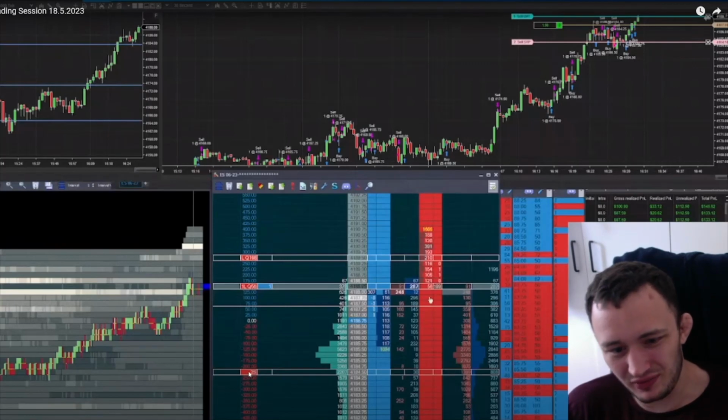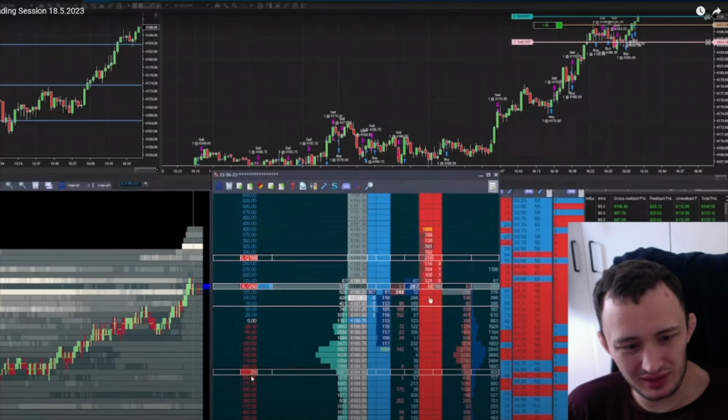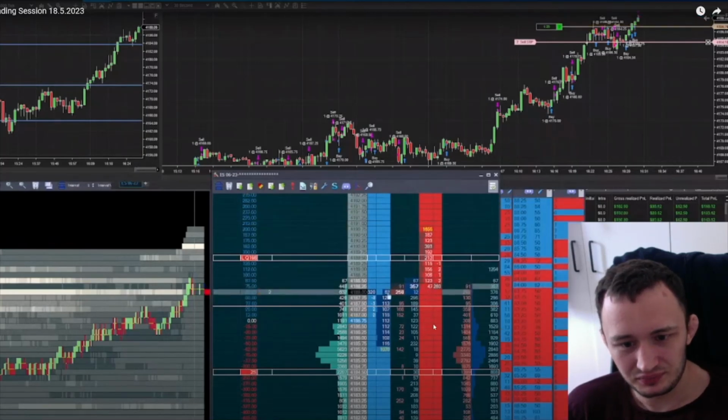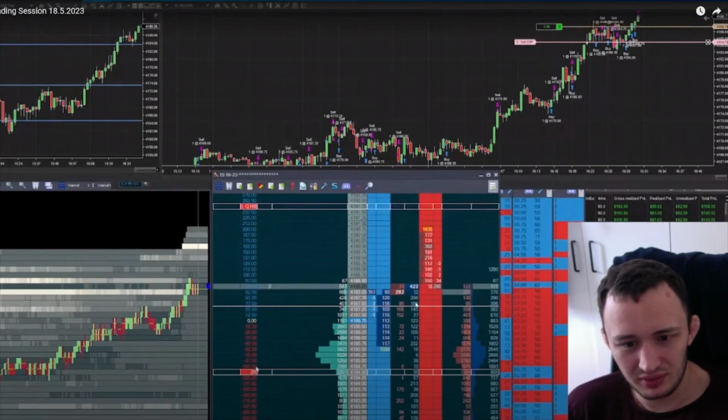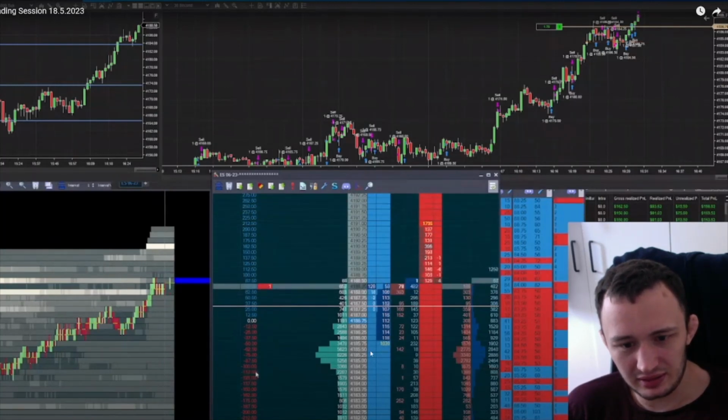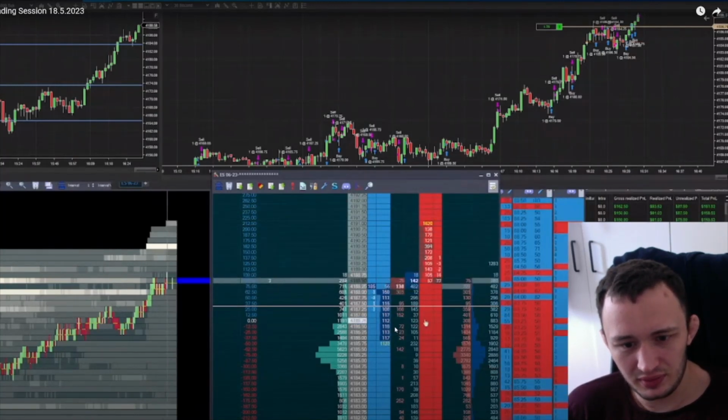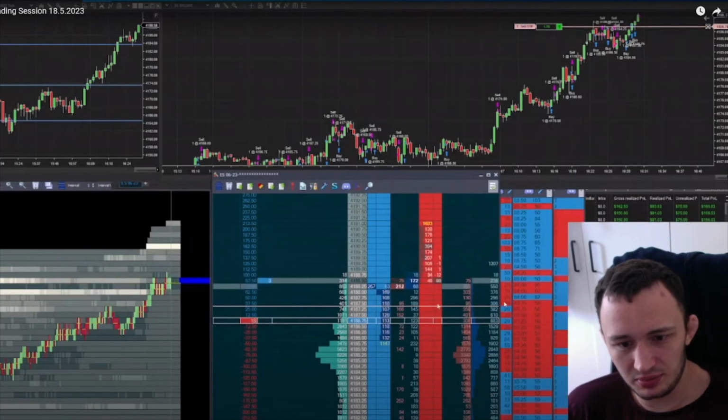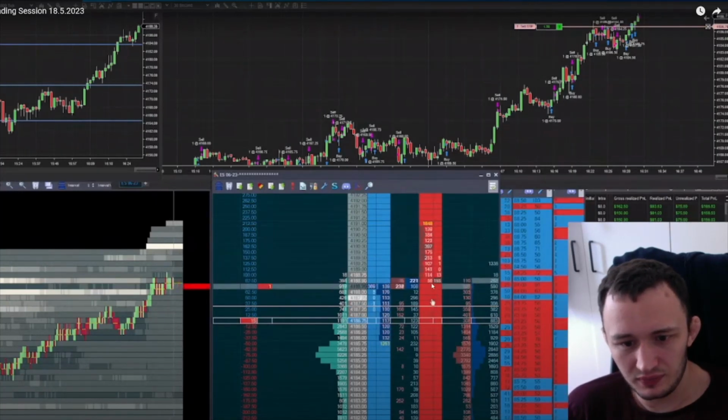My stop is very far away, so I'm not sure, reviewing this trade now, if I like it that much. I entered a little bit late, so I should have entered really down here in the 86s. I did enter pretty late, so my stop is very far here. So I do get out for 1 lot here. I pulled the second one a little bit further. Now I just decide to let it run, put my stop for the second one to break even,